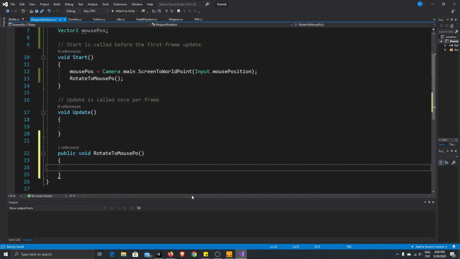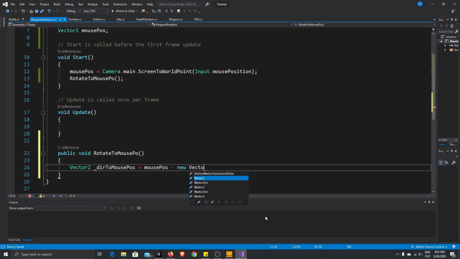So first we'll write Vector2 directionToMousePos is equal to our mousePos, which is seen on our camera here, minus